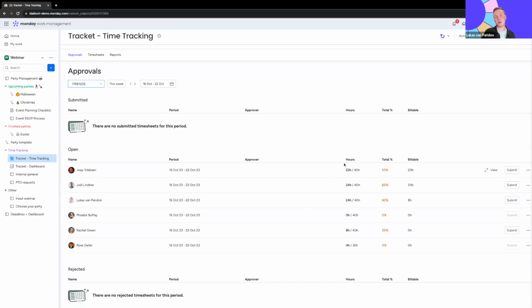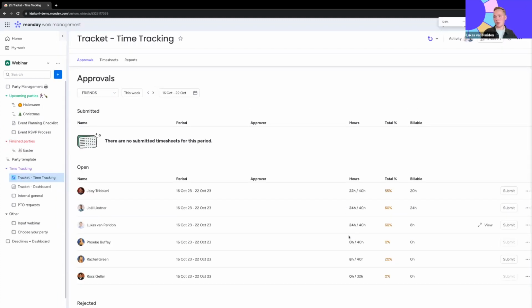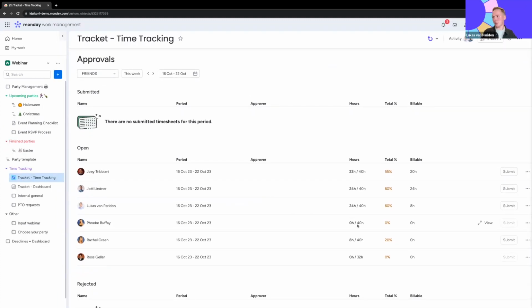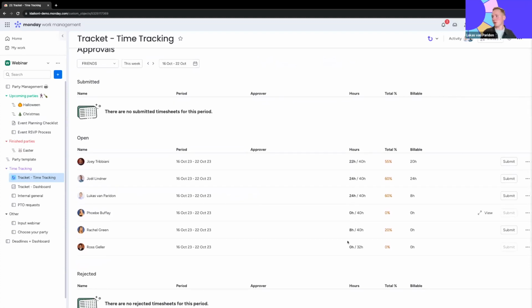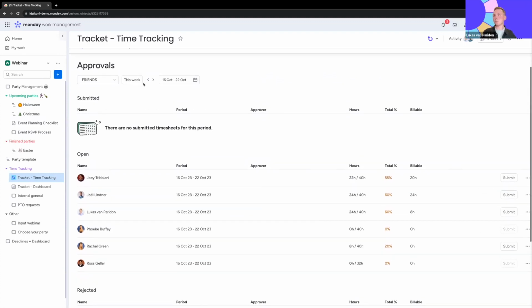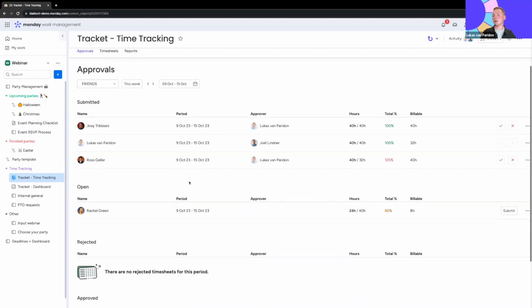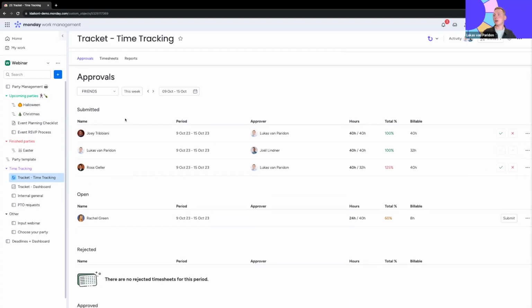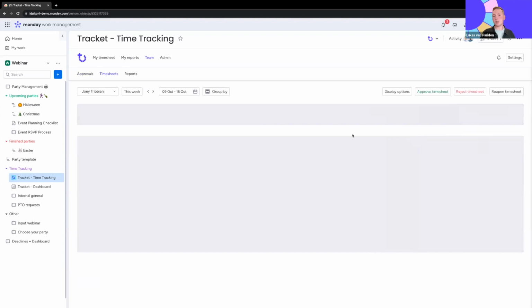As you can see, not everyone is actively logging their hours. So we got Phoebe and Ross, they still got some time to log. But for the rest, everyone is doing all right. We can go to last week, and we see, okay, these timesheets have been submitted. Now, I just submitted one, that was this one, but also Joey did, and he submitted it to me as I am his approver. So I can review his timesheet like here,